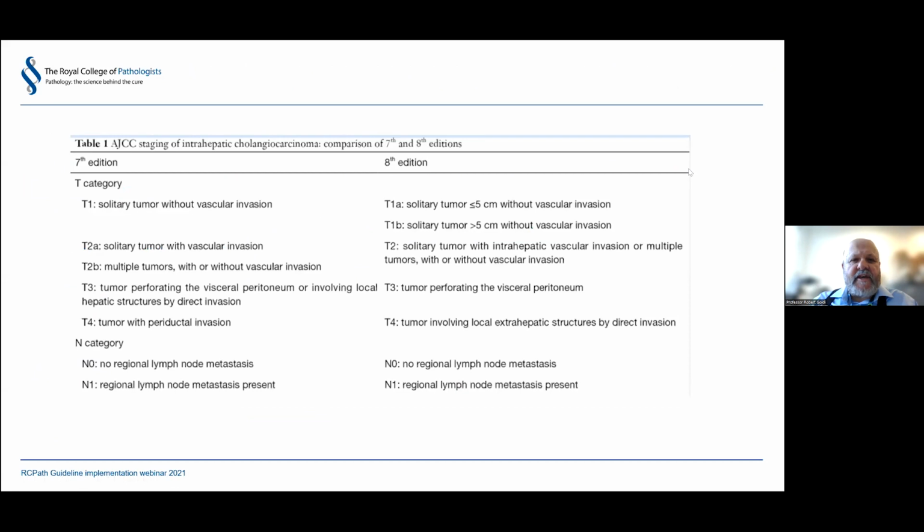So here are the TNM changes for intrahepatic cholangiocarcinomas, comparing 7 with 8. The normal kinds of things: T1 has been now split into 2 categories. T2, which was 2 categories, is now unified to 1 category. I mean, these are minor changes, but you continue to have to study and look them up, or at least I do each time I do it. And there are changes in T3 and T4. I'll say a little bit more about this. I mean, I guess we can anticipate in the lifetime of this document that we're launching today that there will be changes in the staging system.